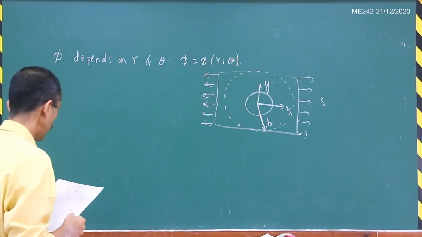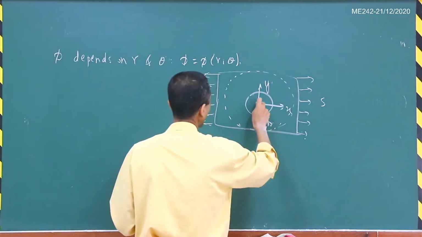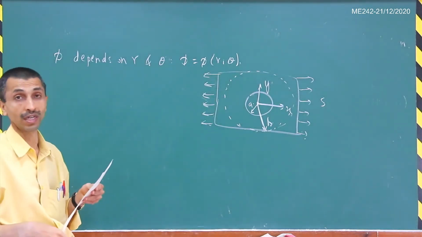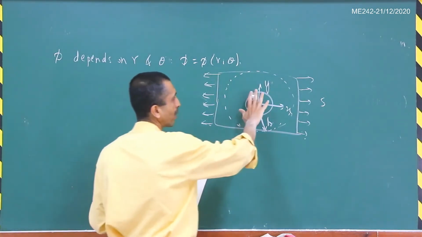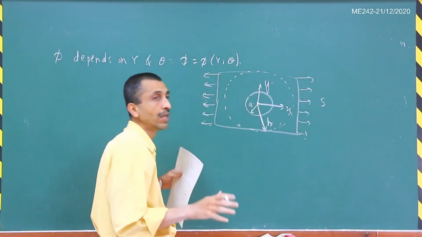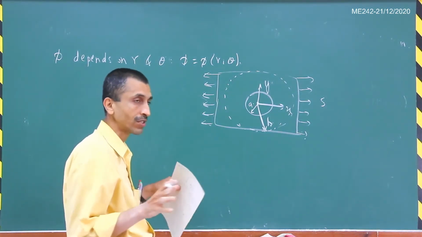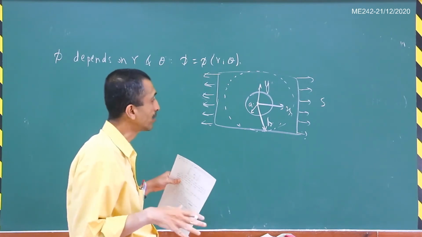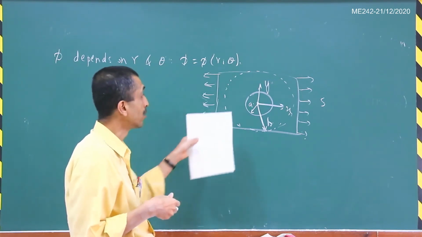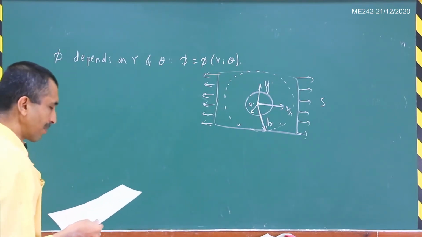Now there is a small circular hole here of radius a. This is a. And we want to find out what is the stress concentration. If this hole were not there, you would just have a uniform state of stress. But because you are now introducing the hole, the stress distribution gets disturbed. There is a new distribution of stress, and we want to see what stress concentrations are introduced due to this particular hole. So let us look at this particular problem here.